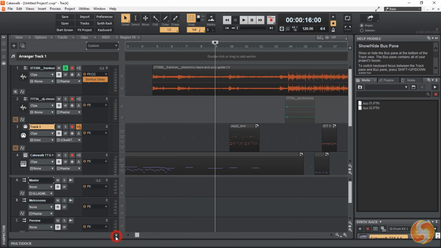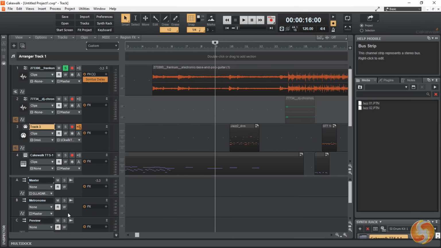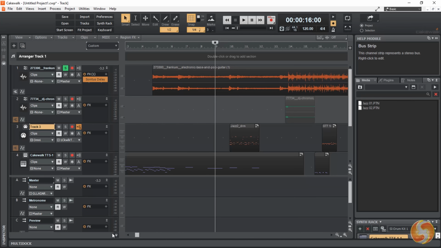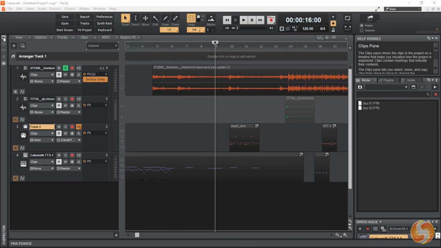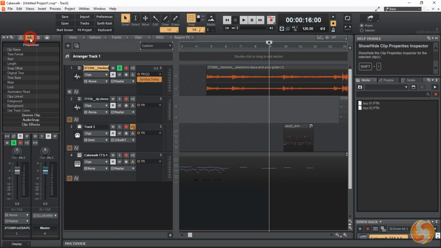At the bottom, you can open other special tracks, such as the metronome and the master track, which collects the overall sound from your project. In addition, you can open the inspector panel on the left to get several options for your current track selected on the left and for the master track on the right.